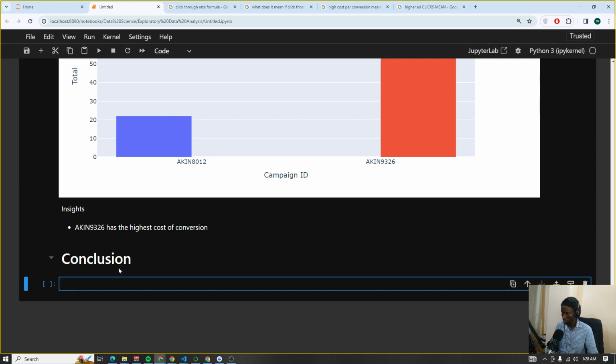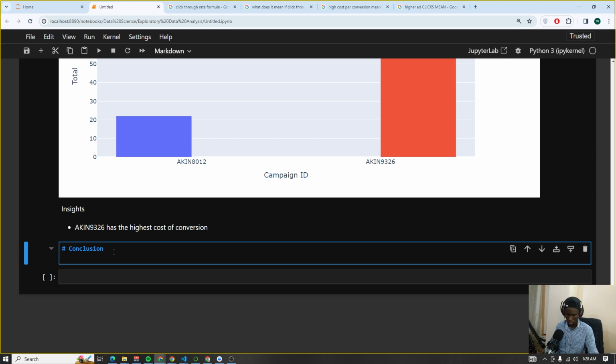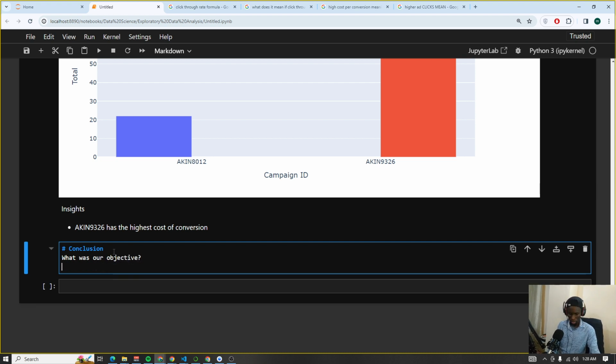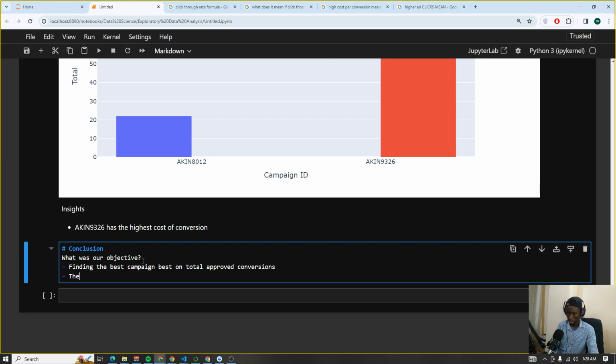So for our conclusion, what was our objective? Our objective was finding the best campaign based on total approved conversions. We were successful with this, and we saw that the best campaign was Akin 9326. It performed better in